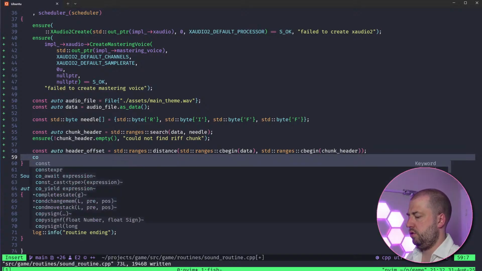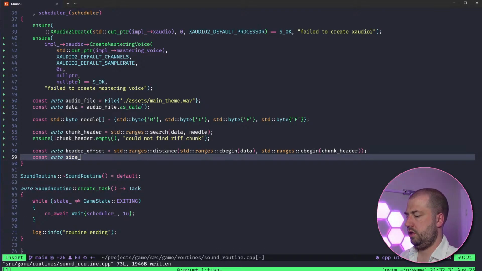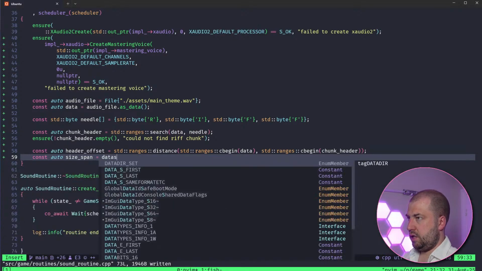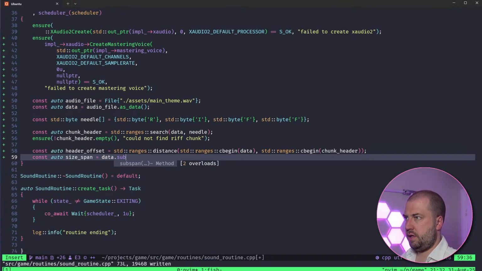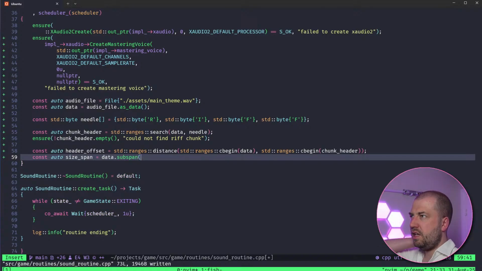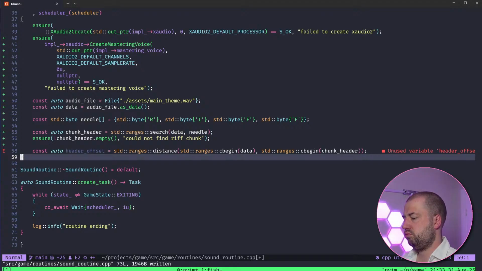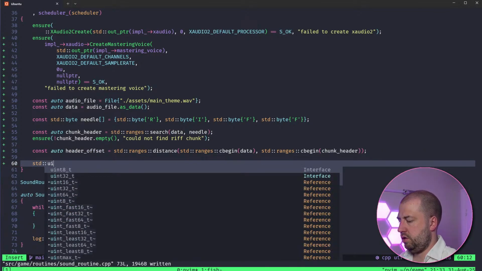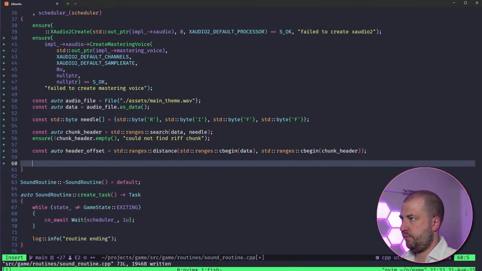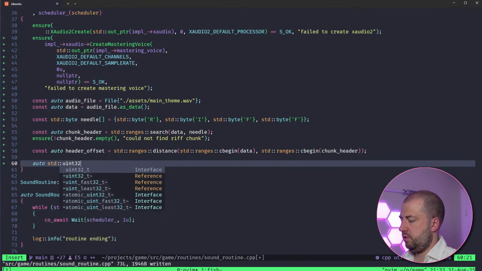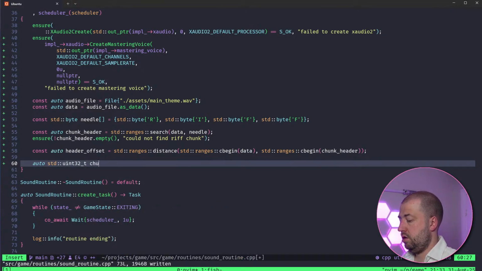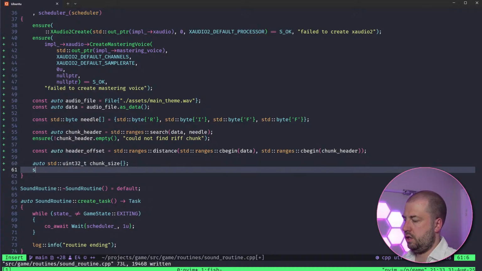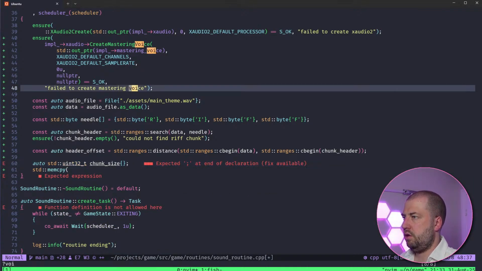And then I want const auto size span equals data dot subspan, and then that will be, I suppose, do I even need that? Or I could just add std::uint32_t, auto std::uint32_t chunk size, and then std::memcpy. What am I doing here?